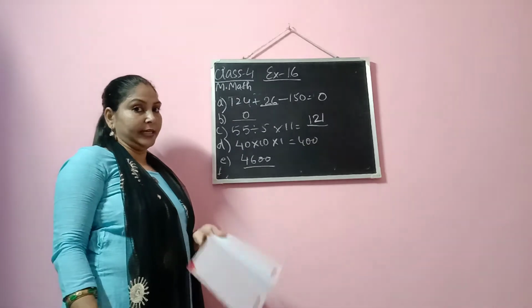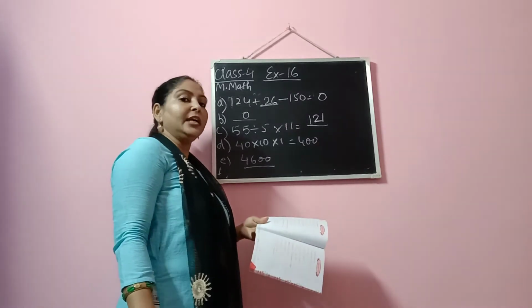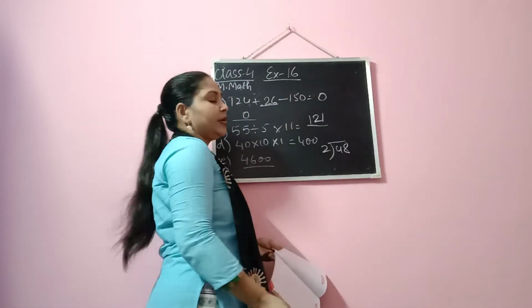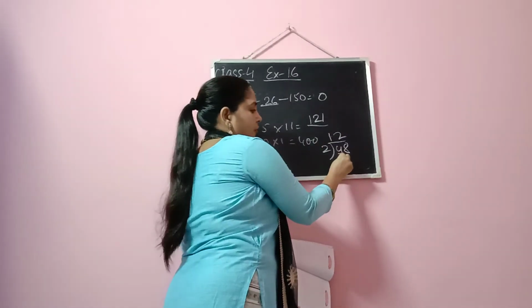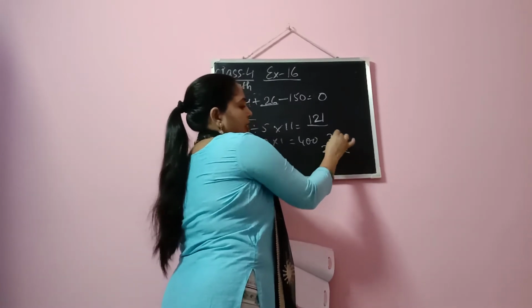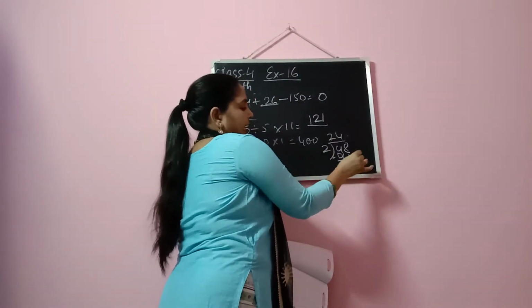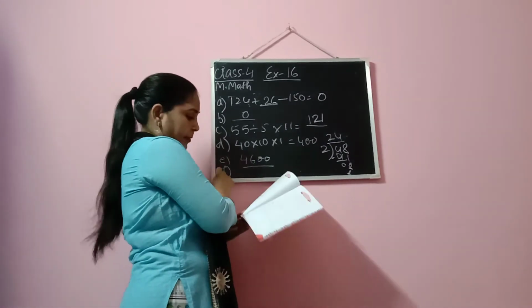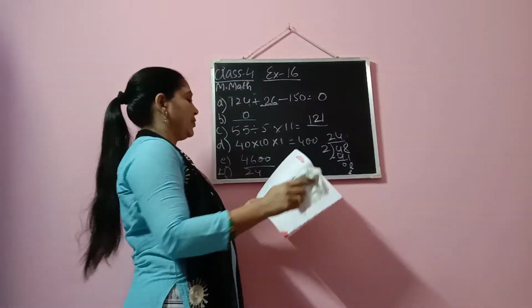What is half of 48? Now in the previous class 3 you have learned division. Half of 48 means you will divide 48 by 2. When you divide 48 by 2, you get 24. How do you get 24? 2 twos are 4, then 8 is copied down. Again, 2 fours are 8. And so the answer is 24. So I'll write the answer here. Number F, answer is 24.